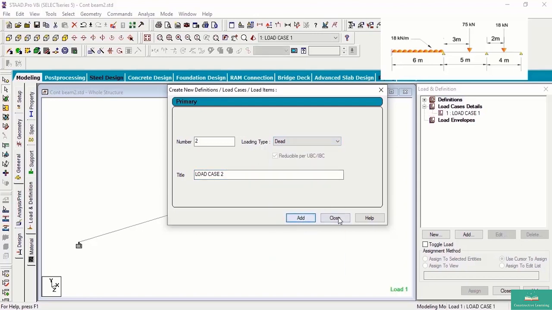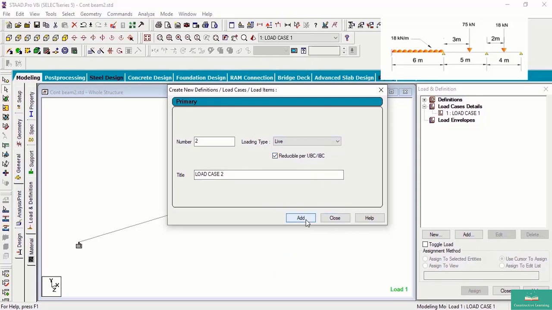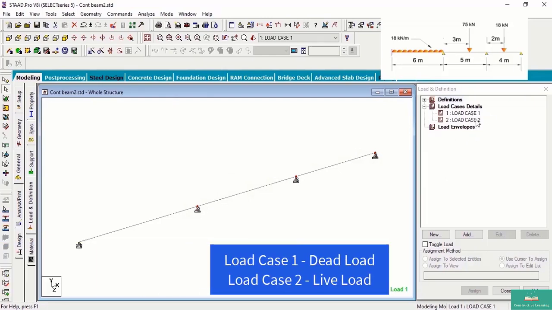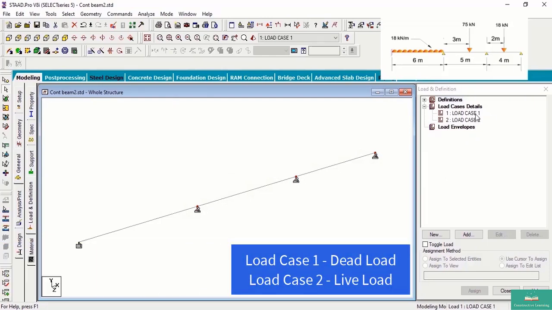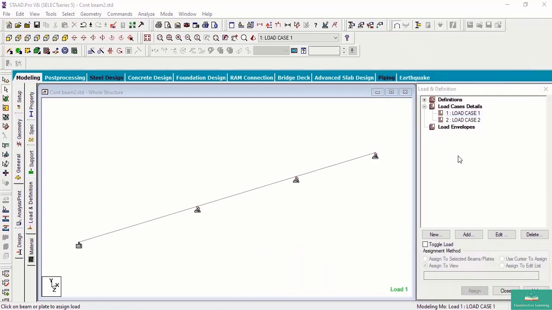Click on Add and load case 2, click on Live, click on Add, close it. In the right side we can see there are two load cases which are coming. Load case 1 which is dead load, load case 2 which is live load. Dead load means the self weight of the beams, live load means the external applied loads.